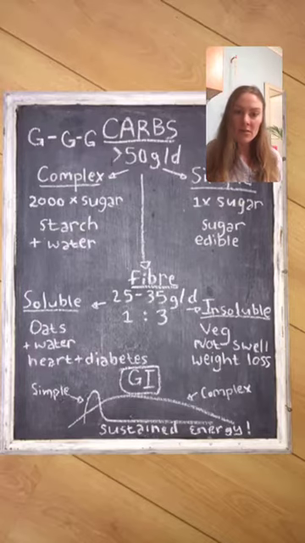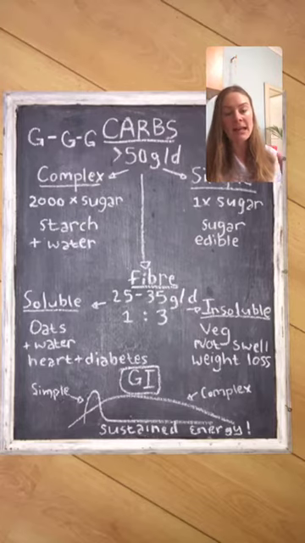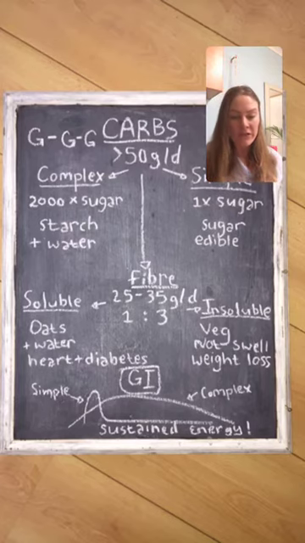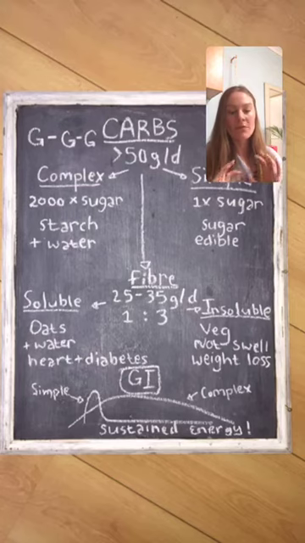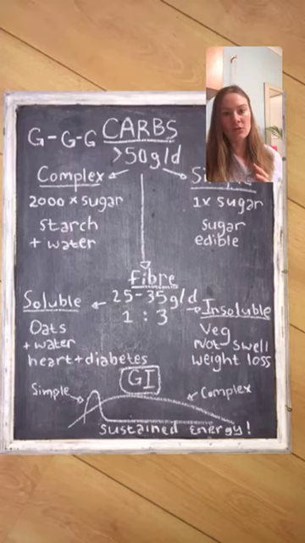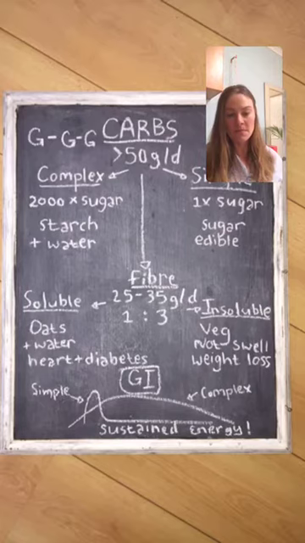And now your insoluble fiber on the other side, this you will get in the layers of your bran cereal and in brown rice and vegetables and popcorn. So for instance, if you put popcorn in water, it wouldn't necessarily absorb the water and expand. So that's how you know insoluble fiber, it doesn't absorb water and swell out, and your soluble fiber on the other side does absorb water and swell out.